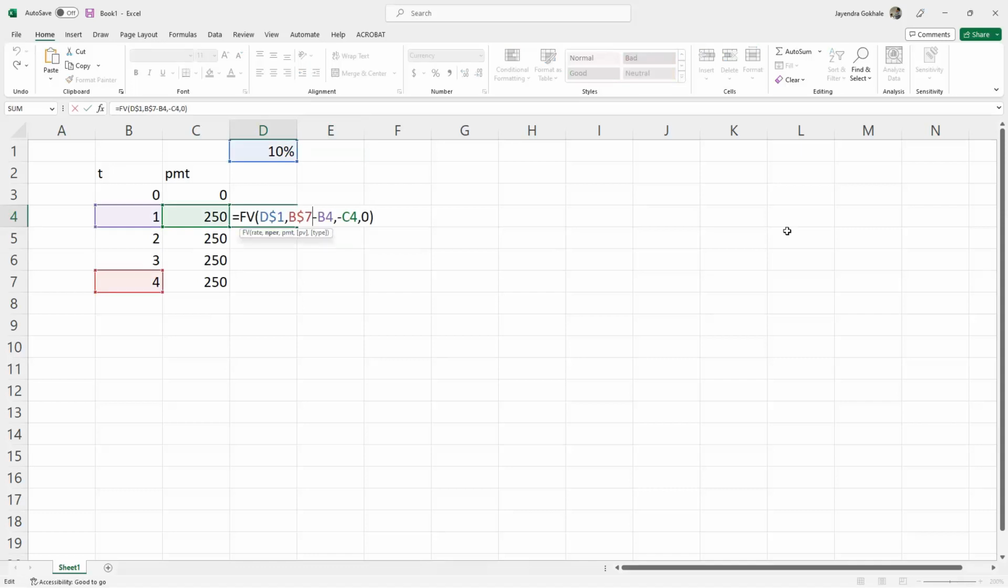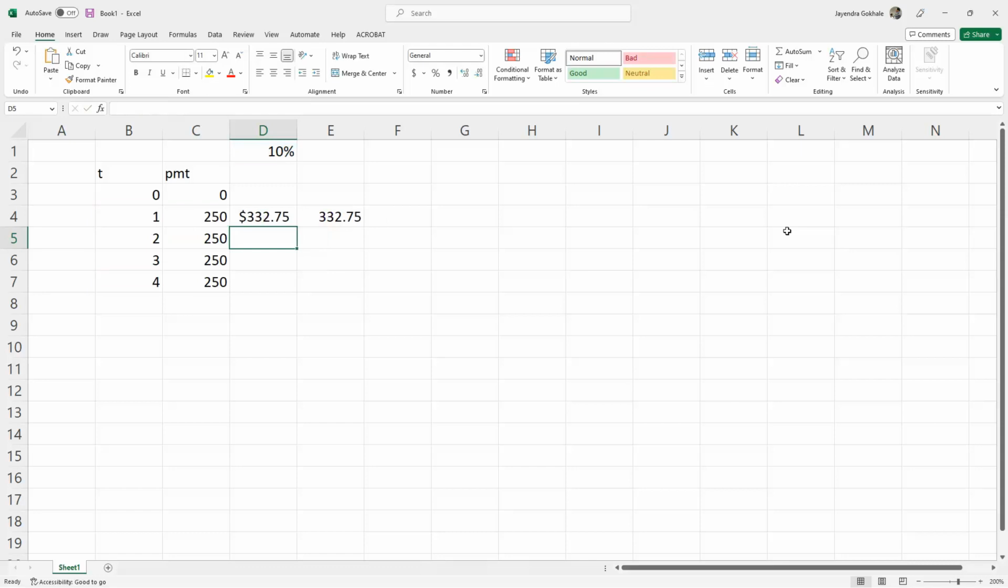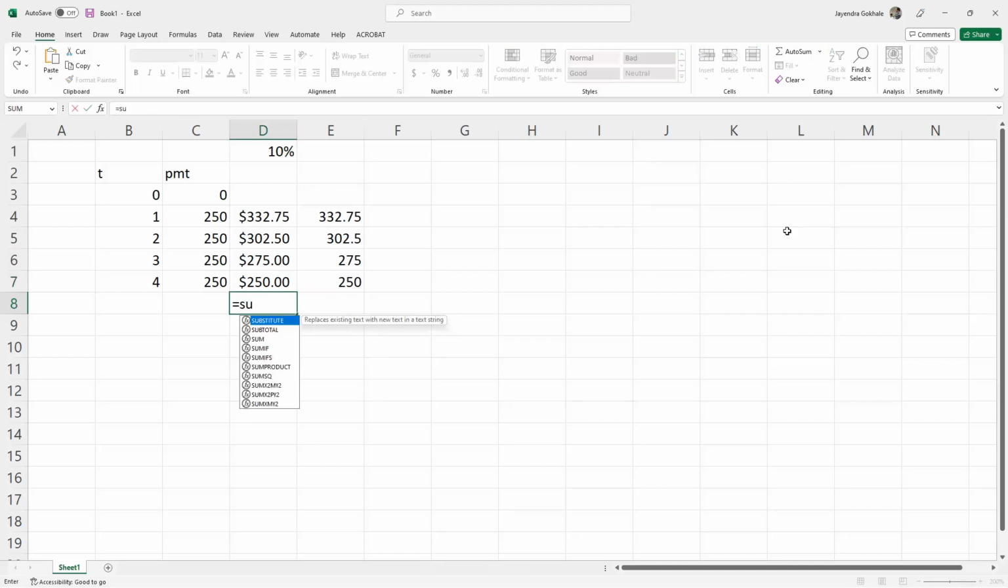Future value of D1, the number of periods is B7 minus B4. The starting value, we said it's PMT, so that's 0. The starting value is C4 and the type is 0. Okay, so same answer obtained from both the methods, and then add it together to get the future value of